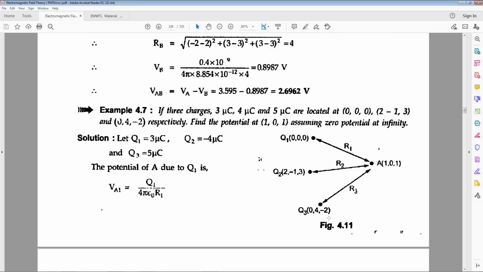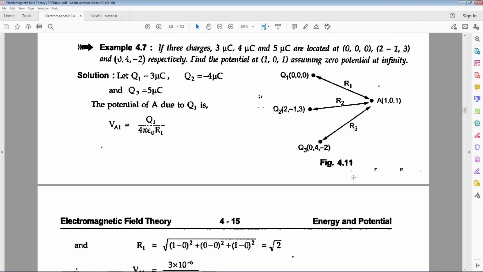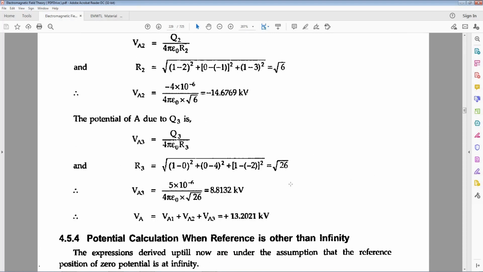And 1 minus of minus 2 is 3 square, 9. 9 plus 1, 10. 10 plus 4 is 14. Okay, 4 square is 16 plus 1 is 17. 17 plus 9 is 26. So V_A3 we got